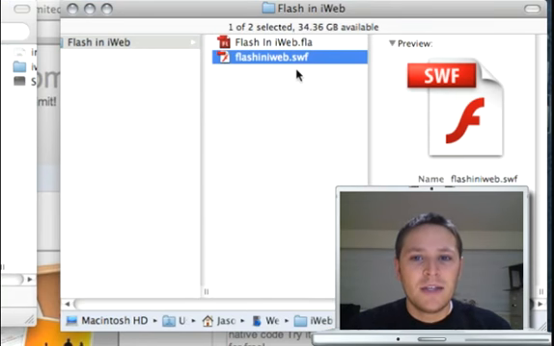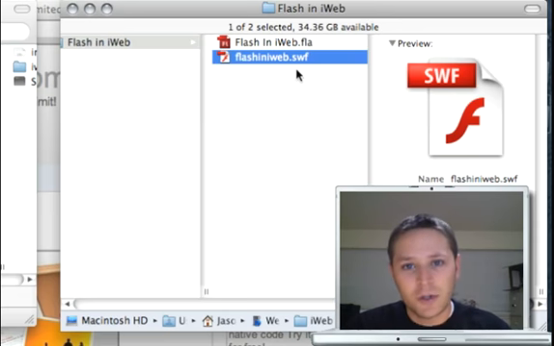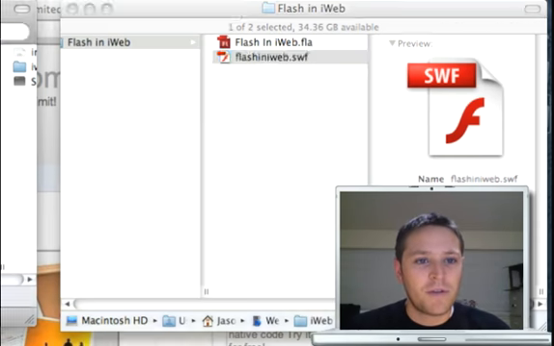So to get that into iWeb, we first need to load it onto some sort of server. .Mac is the most common one for iWeb users, and that's what we're going to be using in this tutorial, but just keep in mind that you could equally be using your own server, no matter who you're using. Many people use GoDaddy and all sorts of different server providers to put that on your own hosting company. So in this tutorial, first of all, we're going to open up a Finder window,